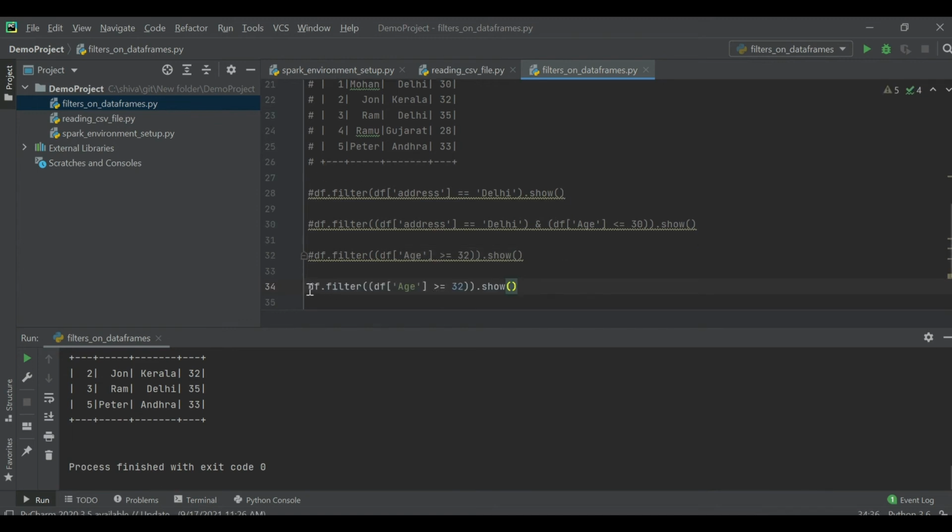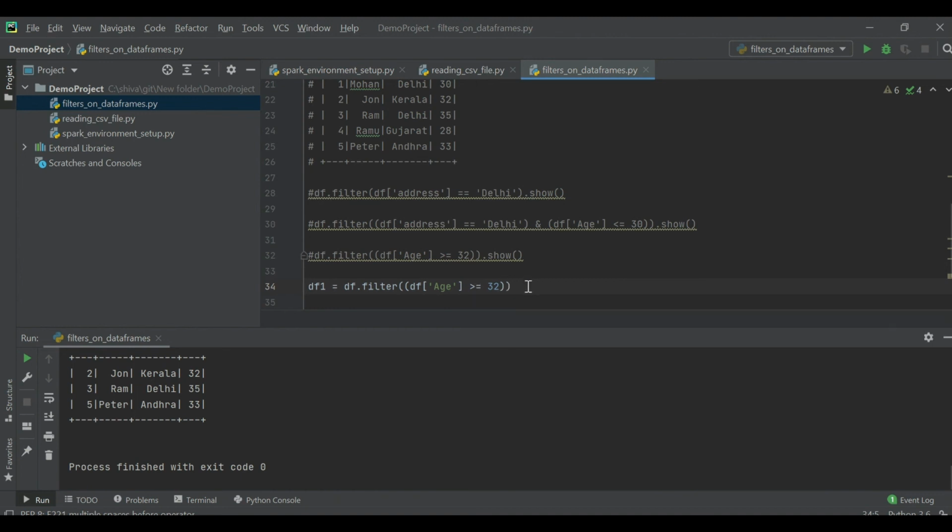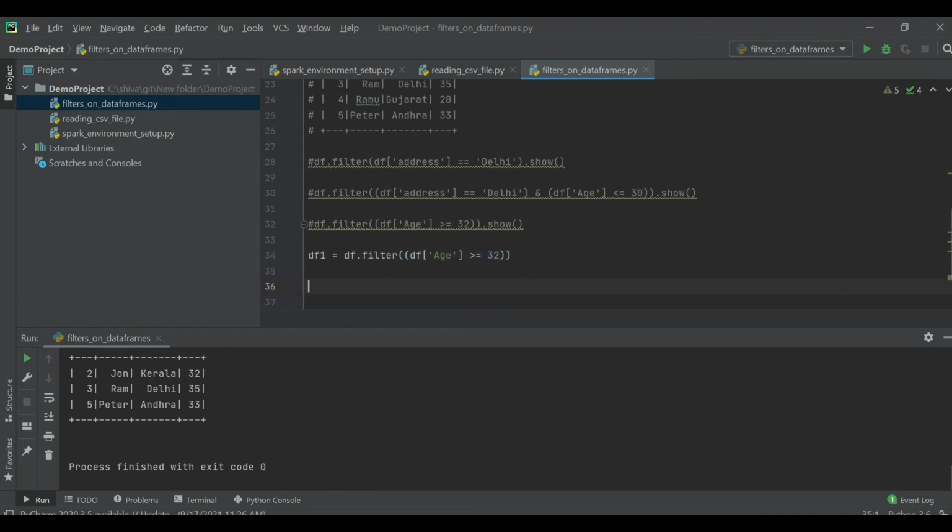So how do we assign a data frame out of the filtered data frame? For example, I want to assign data into another data frame after the filtration, so we need to remove the show statement. Whatever data is in df with the filtration where age is greater than or equal to 32 has been assigned into df1.